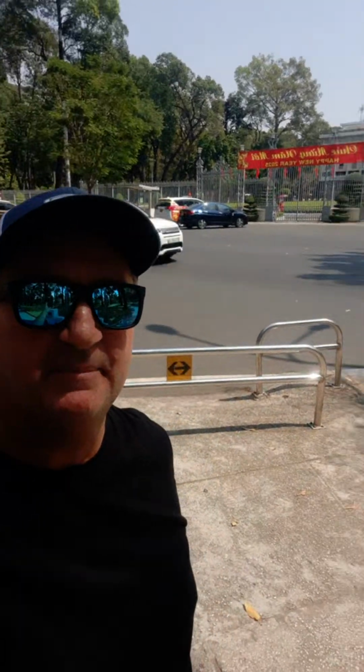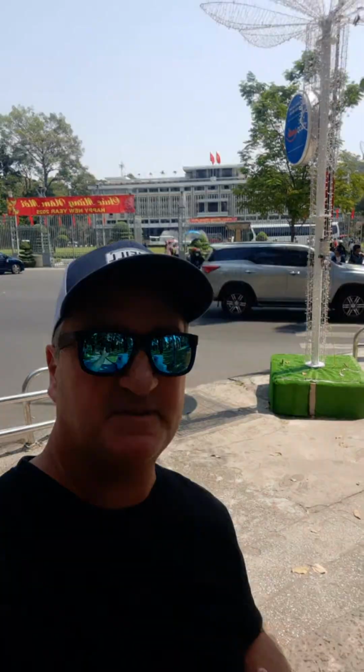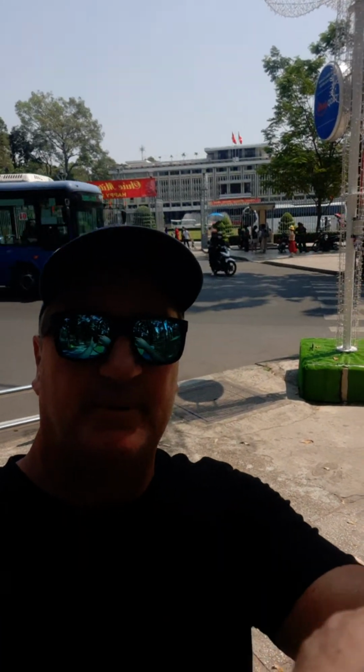I actually think it's one of the best buildings in all of Saigon, because you can go in there and a lot of it is still as it was back then, 50 years ago. So it's pretty rare in Saigon to have a building that is still set up like it was. Most of them have either been demolished or repurposed. This one remains a bit of a museum, but it's also used for special events as well. It's cheap to get in, and I've been surprised on YouTube, especially with...